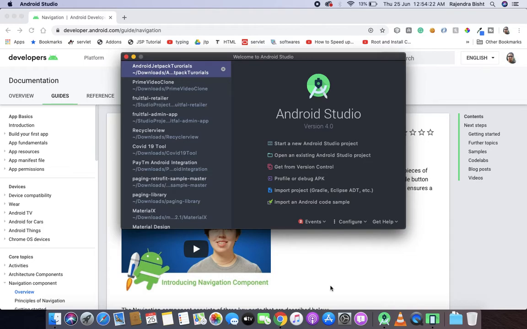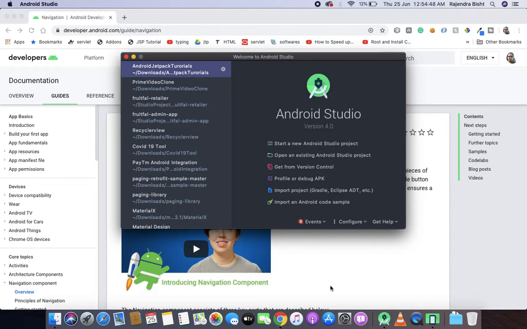The navigation graph is a new resource type. It is an XML file that contains and centralizes information related to navigation. There is a graphical editor to create the navigation graph. Each of these screens is called a destination, and the arrows here are called actions and define different paths.